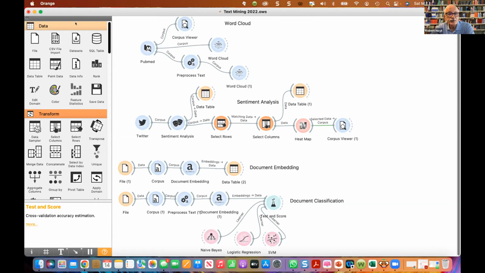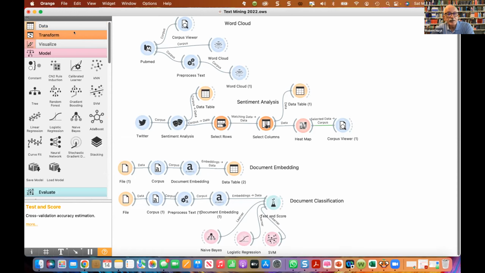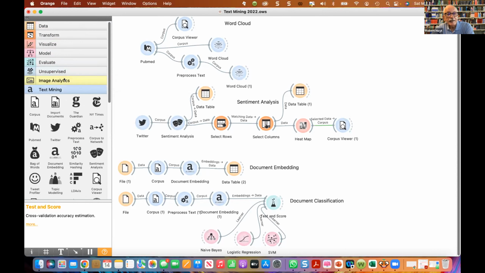In terms of the changes for the newest Orange, there are two things of note. One is there's a new category called Transform. All they did is take data that was really a large category and take out those things that modified data and create a new module over here. So that's one thing. Secondly, for whatever reason, only they can understand, they put Correlations, which used to be under Transform, under Unsupervised. So if you think it disappeared, that's where it went. Those are the only two changes.